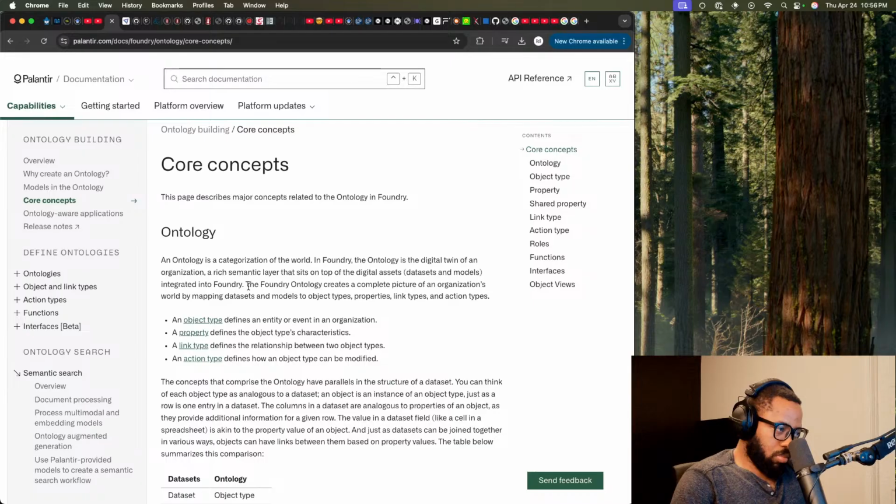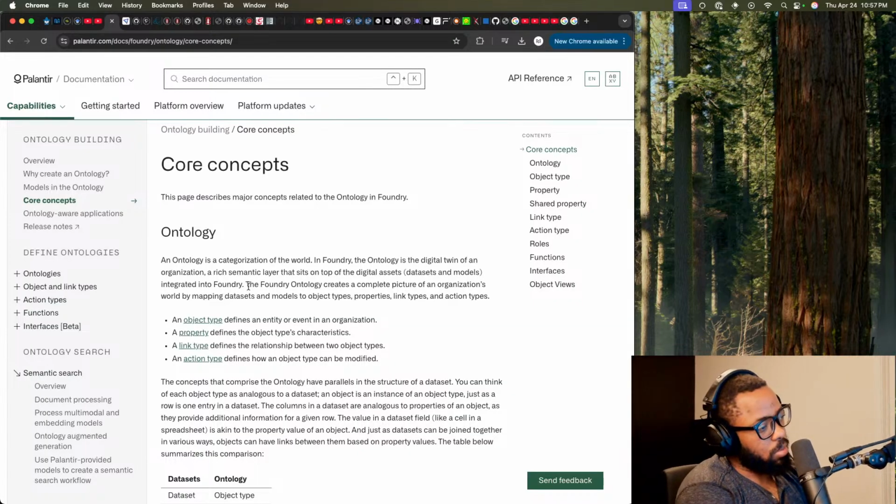So the ontology is a way to make sense of that data in a way that allows people at different levels of the enterprise to be effective decision makers, being able to assess risks, and make optimal decisions with respect to time and space.